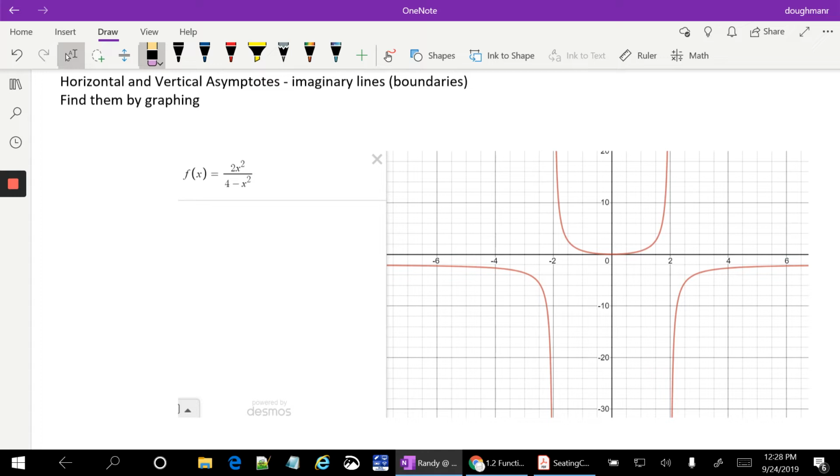So here's the function graphed: 2x squared over 4 minus x squared. And the first thing we're going to look at is just the horizontal asymptote. So horizontal. Remember, horizontal, like the horizon. I look at this graph and notice that we're counting on the y-axis by twos. So that point right there on the y-axis is y, the output, is -2. So you can think about it, I can draw an imaginary line at y equals -2,